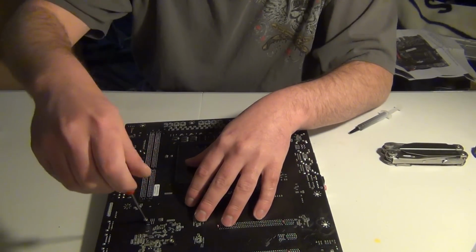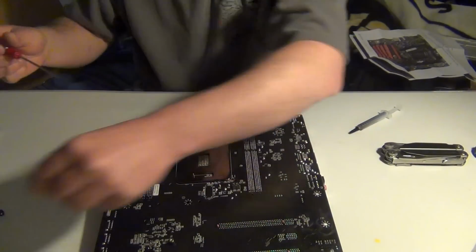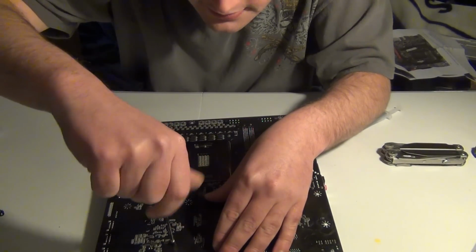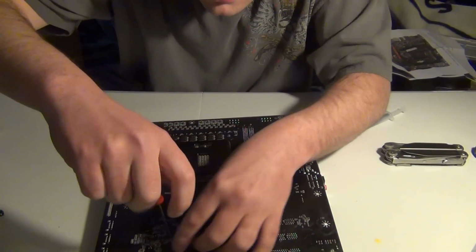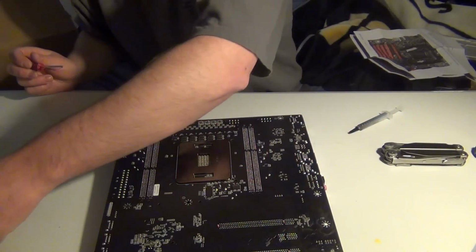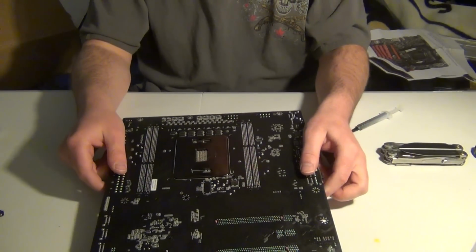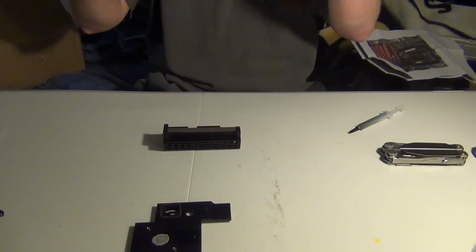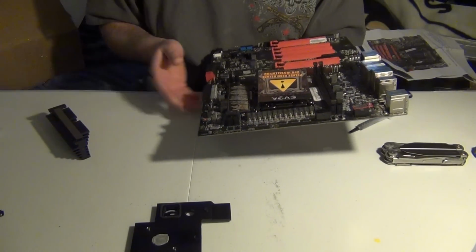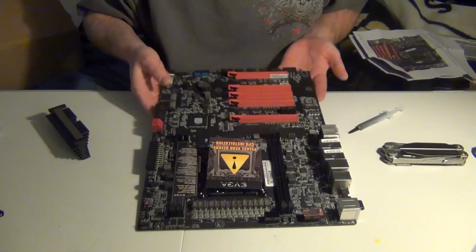So we got those done, and now we're gonna do these. And you can just hear it pop out. So there we go. Okay, and that must have been the heat sink. So if I lift up slowly, there we go. Alright, this is the stock cooler right here,